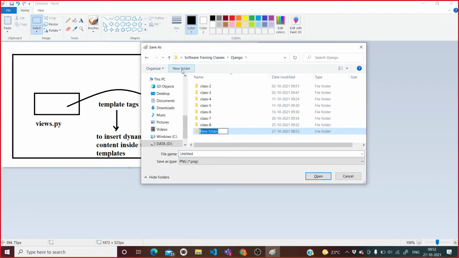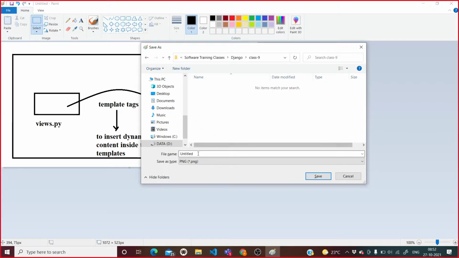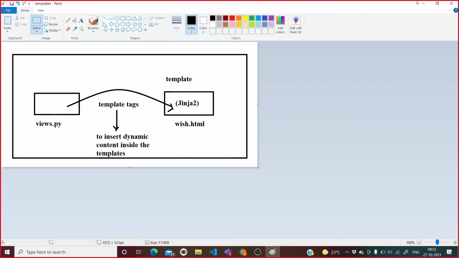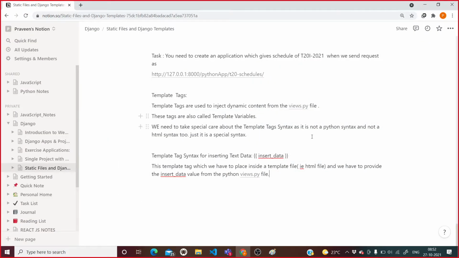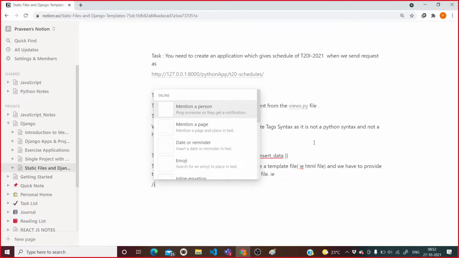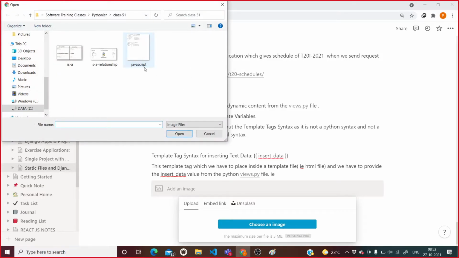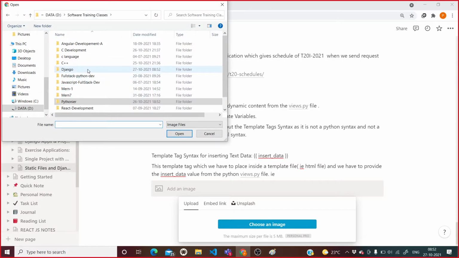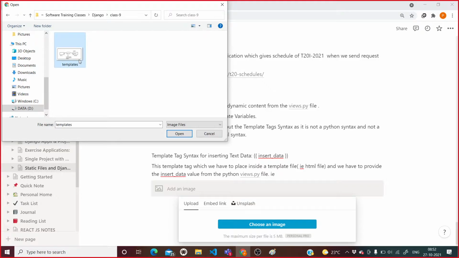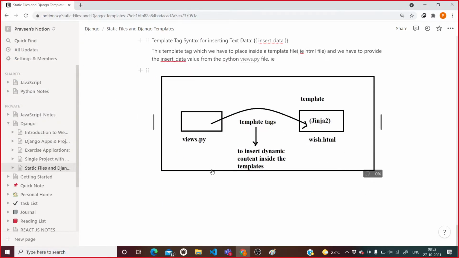Here we will create one more class, class 9, and inside this I will say templates. After that, I will select that particular image. So Django class 9, select insert.